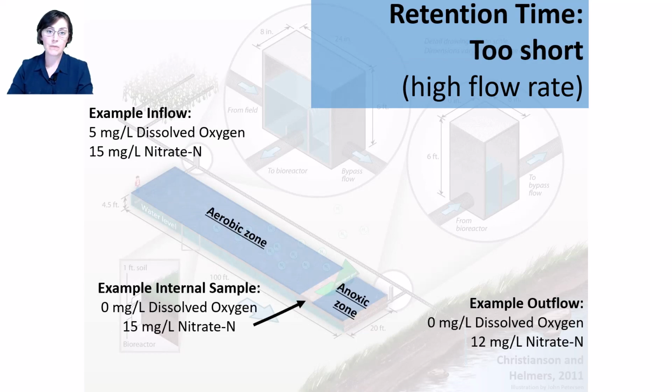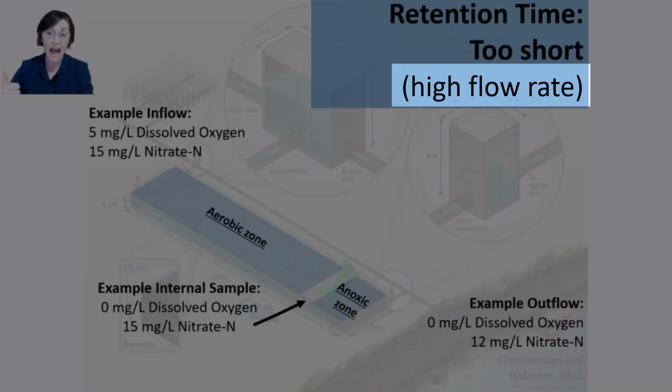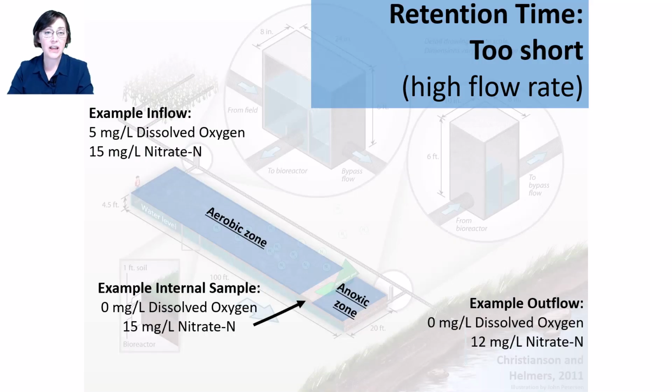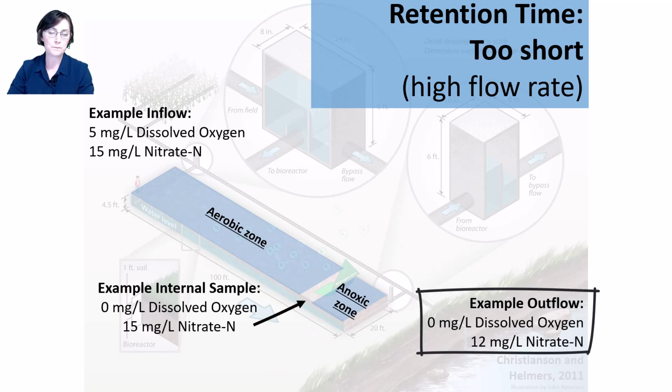This next example is where the flow rate is very high for the given size of the bioreactor. If the flow rate is high and the water is just slamming through the wood chips, that means the time the water stays in the bioreactor could be too short. That is a retention time that is too short. In this case, we have the same water chemistry coming in as our last example, but now the water is moving faster so that the aerobic zone is much longer. It takes a longer distance of wood chips to get that DO down to the anoxic range that we need. And that impacts bioreactor performance because our anoxic zone then becomes very short and we don't get as much nitrate removal at the end compared to that first example.